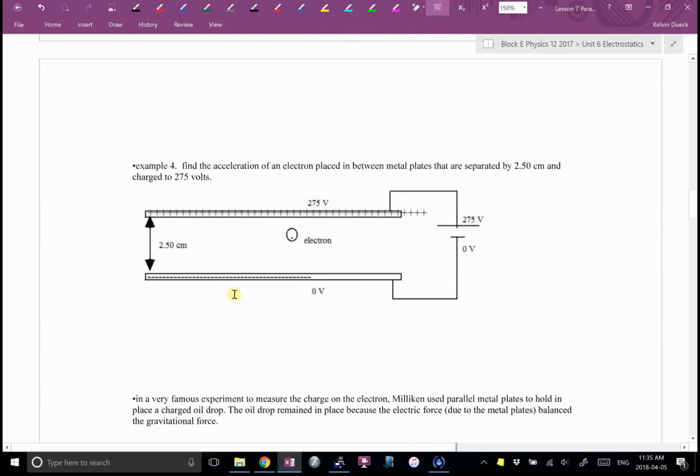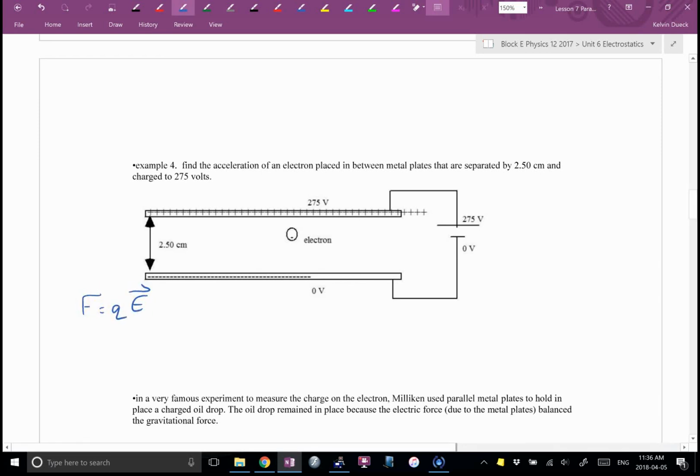So example 4 says, find the acceleration of an electron that's placed in between metal plates that are separated by 2.5 centimeters and charged to 275 volts. Which way will the electron move, by the way? Which way will it accelerate? Yeah, towards positive, away from the negative. Which way did a proton accelerate? Down. Okay, so the first thing I'm going to write for this then is F equals